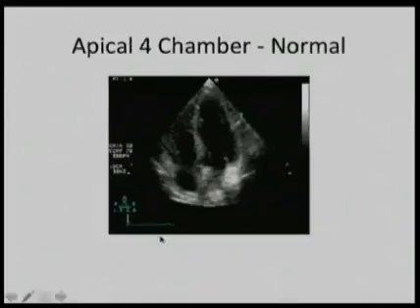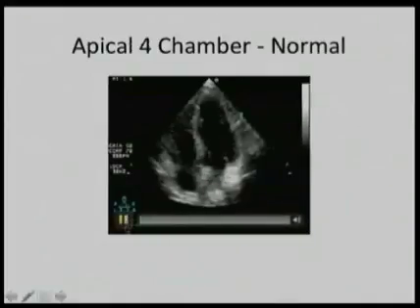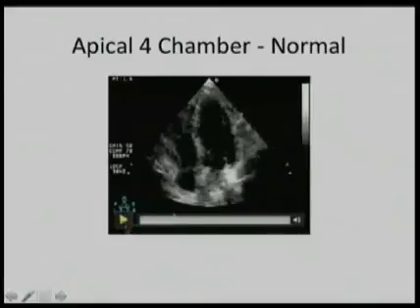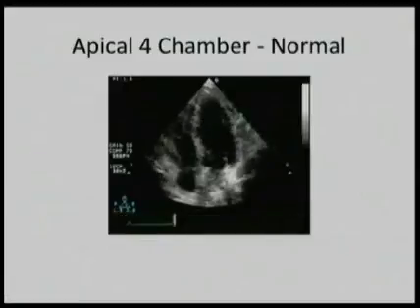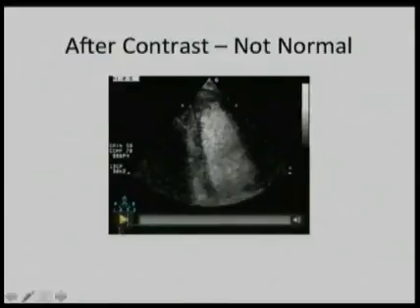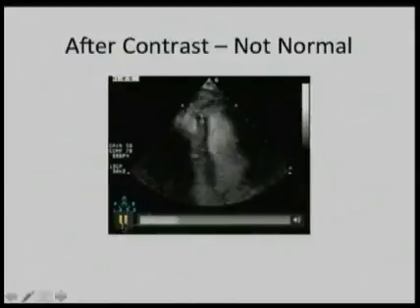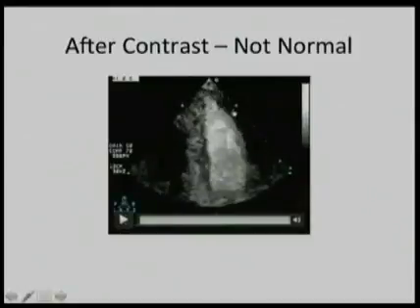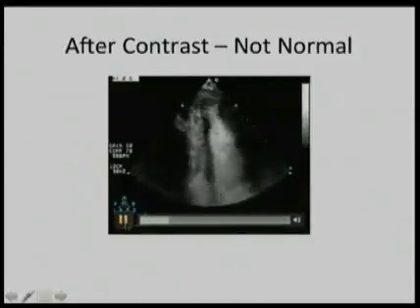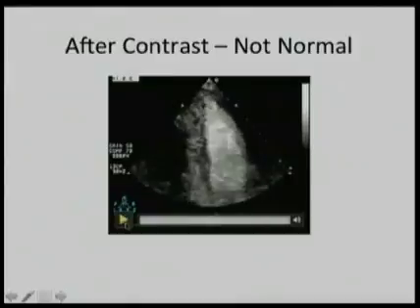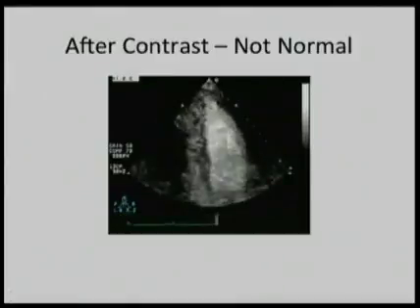This is an apical 4-chamber view of a patient that was done in our lab, and it really shows a very nice looking ventricle. A lot of people would say you don't need contrast because the wall motion here looks pretty normal. But in fact, we gave contrast to this patient, and when we did, you can see a dyskinetic apex right here. So sometimes contrast shows you things that weren't apparent to you before, and this is a good